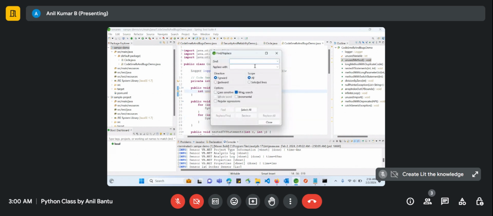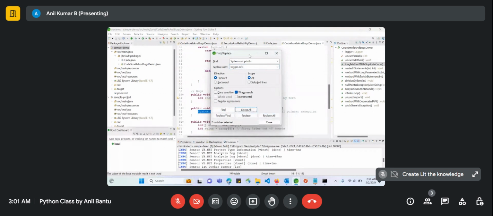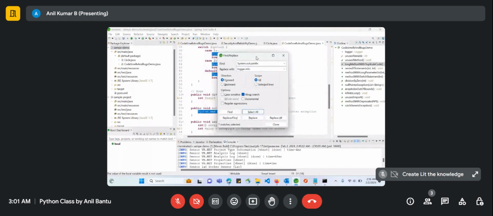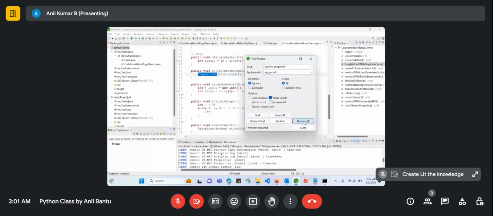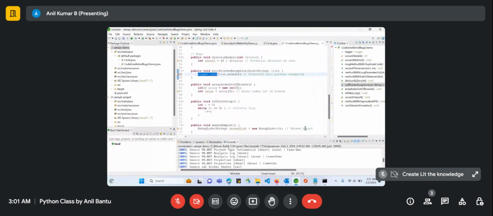Control F, find, right, logger.info, replace everywhere. Select all, you can see, wherever it is there, replace all. Okay,